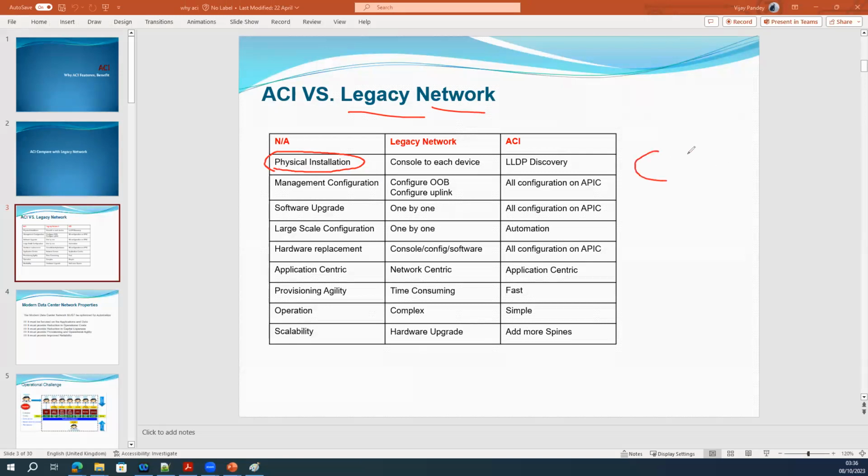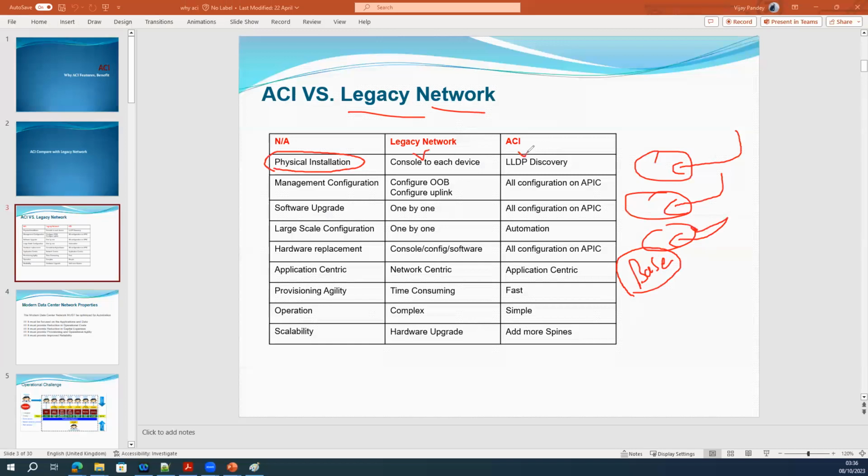When you bring one or two devices, you have to install and configure them manually, at least the base configuration, before you can take control of them remotely. And you have to do all sorts of discovery in the environment to connect those devices to the existing infrastructure via the console.